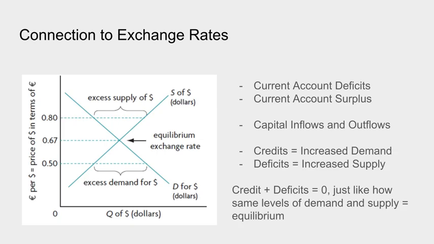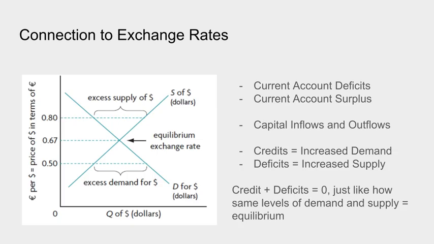With a current account surplus, there are more inflows of money than outflows, which could potentially mean that there are more exports demanded than imports in the domestic economy. With that being said, there is more foreign demand for the goods and services that this country has to offer. So there will be an increase in demand for their currency to purchase these exports. The same goes for capital inflows and outflows, where increased FDI can lead to increased demand in the foreign exchange